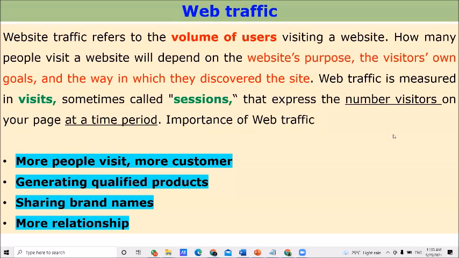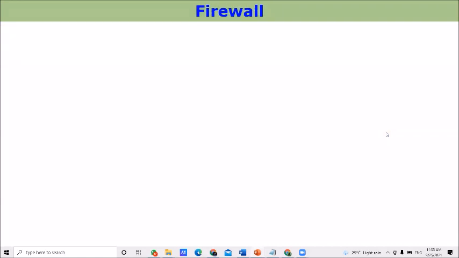Right. Then we'll move to the next term here, firewall. Write down the next term, firewall. Earlier I mentioned that word when we discussed the file transfer protocol. At that time I pointed out in the figure the position where I place the firewall. A firewall is actually a security system. This security system exists at both the front end and the back end.